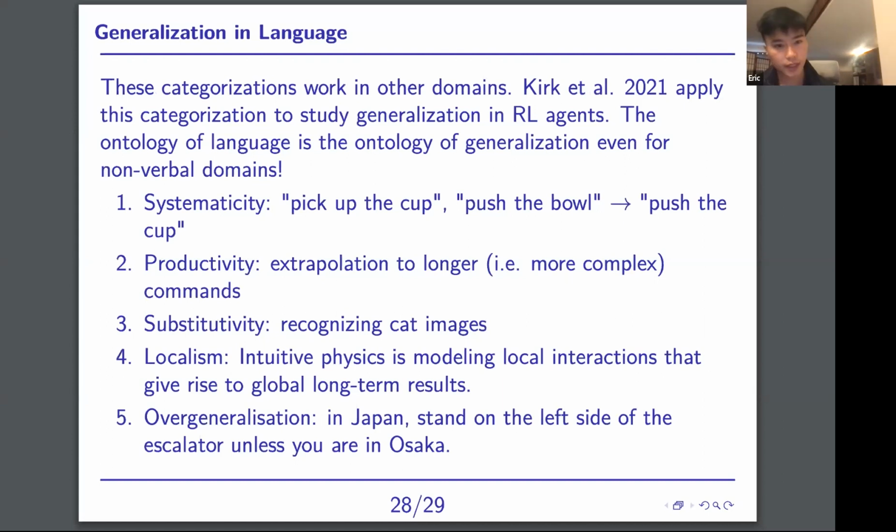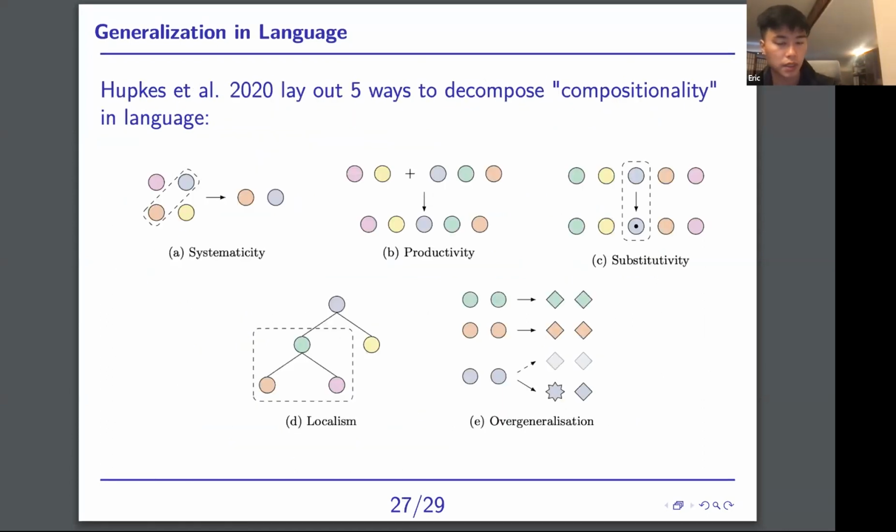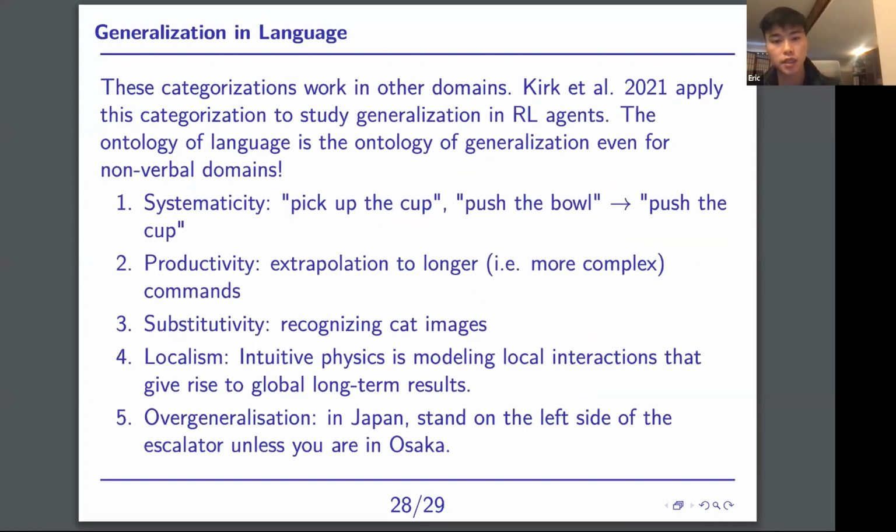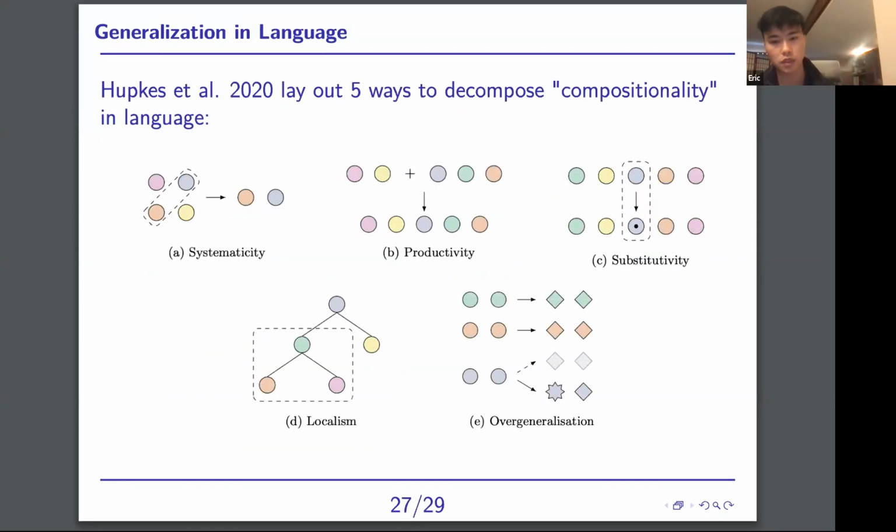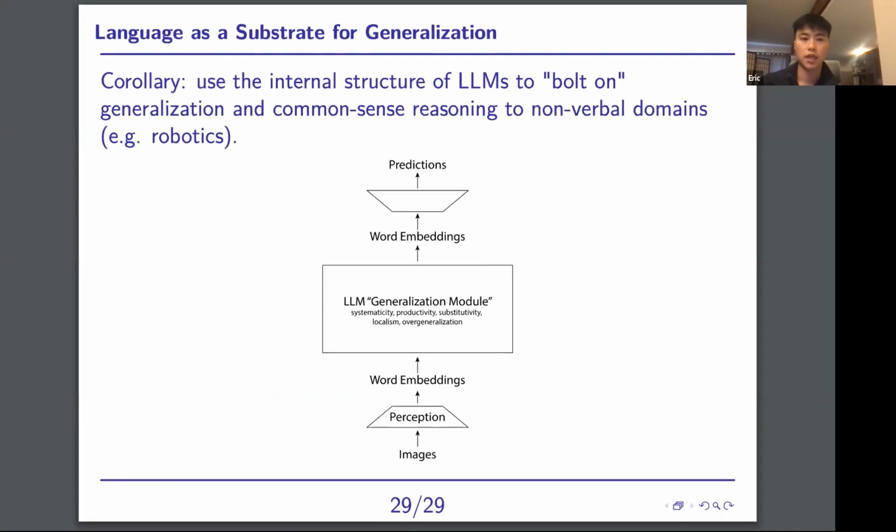So the point I'd like to suggest here is that if you can apply this categorization to study generalization in RL or robotics and other nonverbal situations, maybe the ontology of language described in this paper, in terms of what properties you want when a language model generalizes, is actually the same ontology for generalization in other nonverbal domains. Therefore, the ontology of generalization is the same as the ontology of language. These properties are just properties of language, right? So if you buy that argument, then